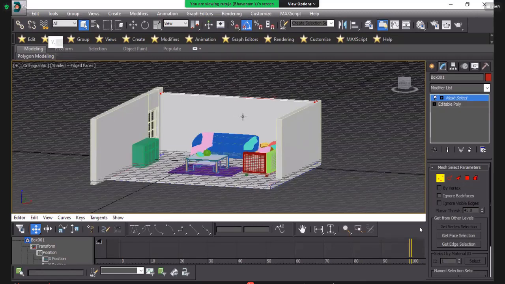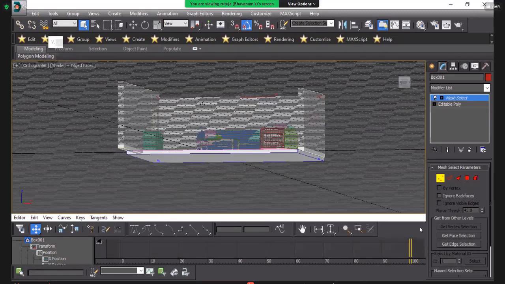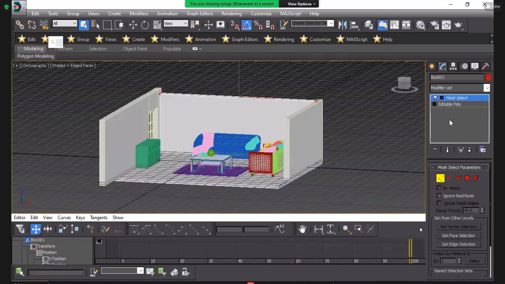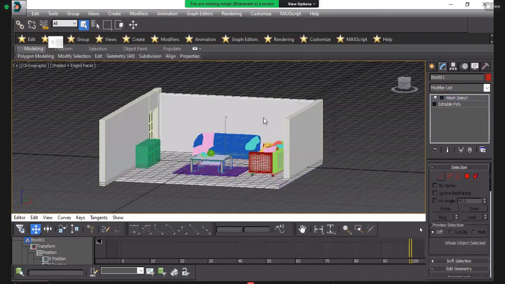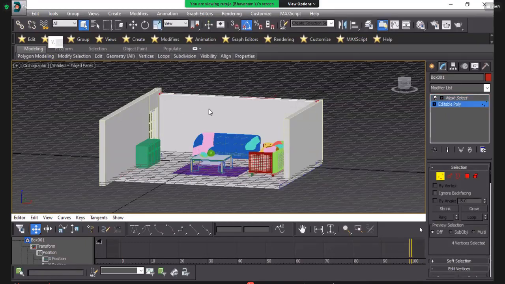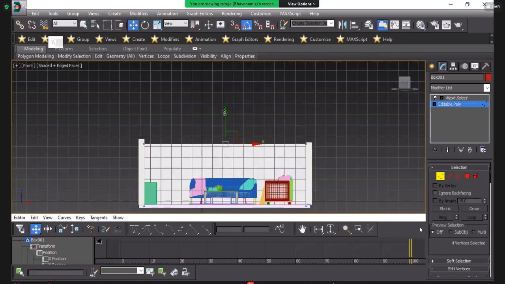Yeah. When you are in editable poly, then exactly you can edit your object. So that's why keep it editable poly. Increase the height of this.